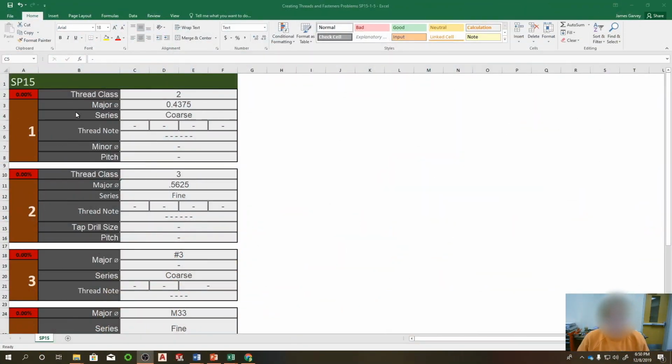So this is once again the SP problems in the back of chapter 15 if you want to follow along. So this first one here is an external thread, meaning the threads are on the outside, and so like with the nut, it has a thread class of 2, which if we go to page,